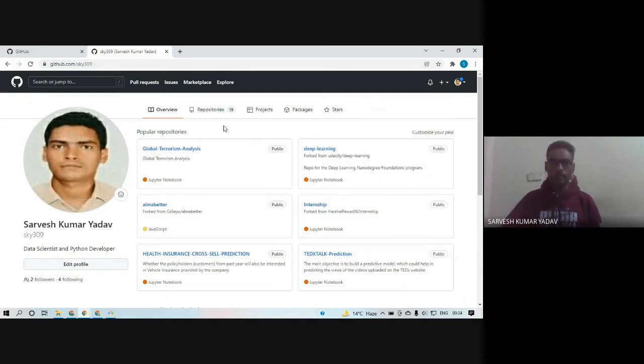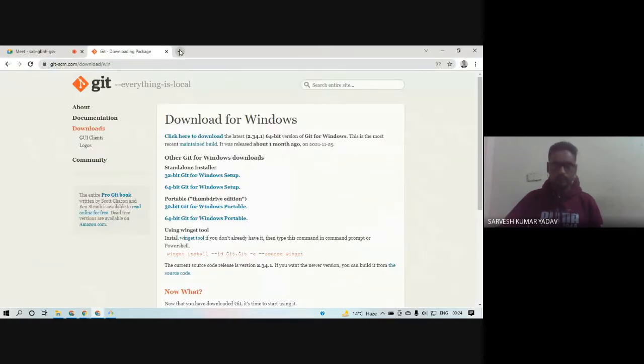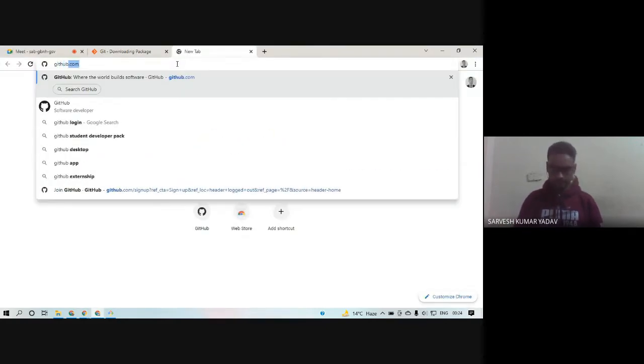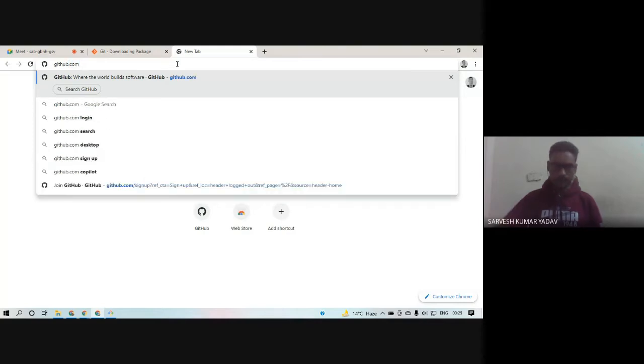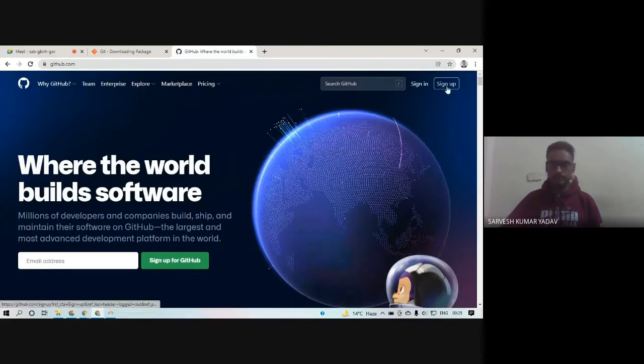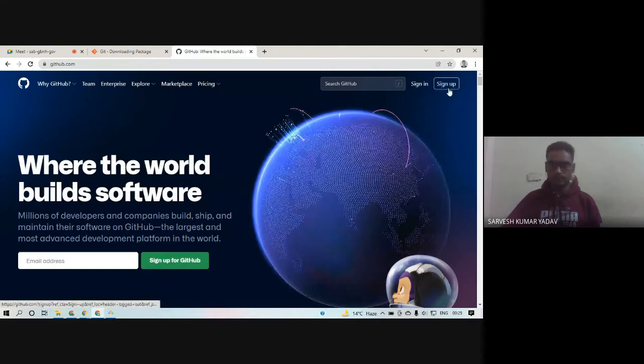If you have not made an account till now on github.com, make it. It is pretty necessary for developers to make an account on github.com. Just go to github.com and it will show you the option of sign up.